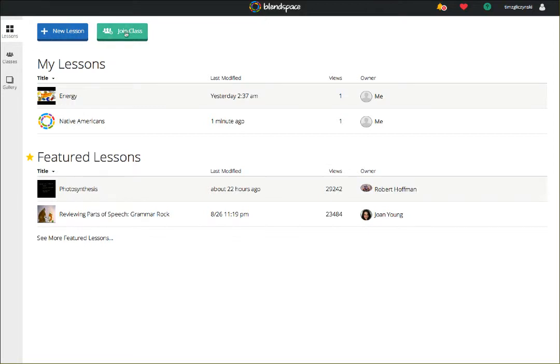Now, you can invite your class to join and create student accounts, and you can manage your classes here on the left side. Right now, what these are considered is they're called lessons, so you think of them more like a web quest. And I've played with two here with Energy Native Americans,